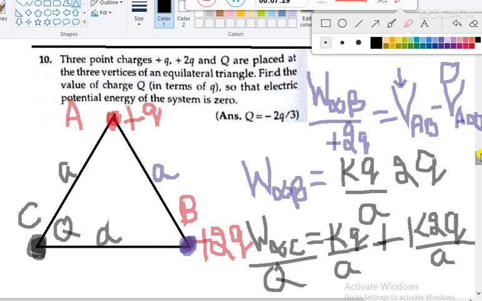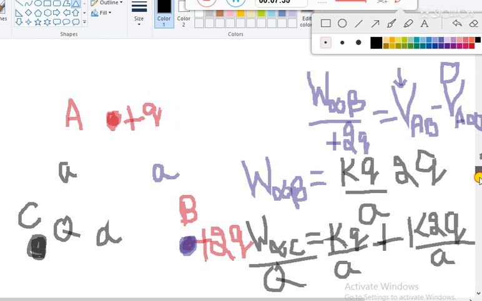So if I move downward, wait for 1 minute. Okay, so now students, you can see I am writing the solution here. Now I have to change the color. So this work done,